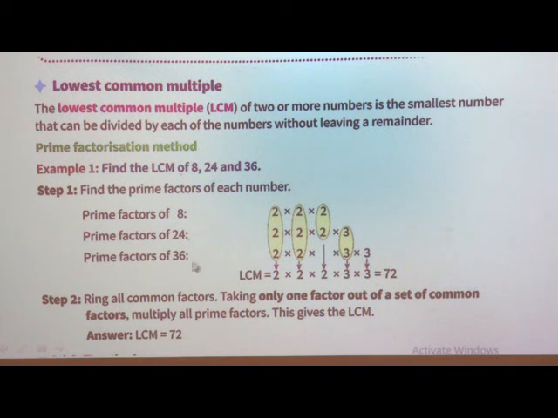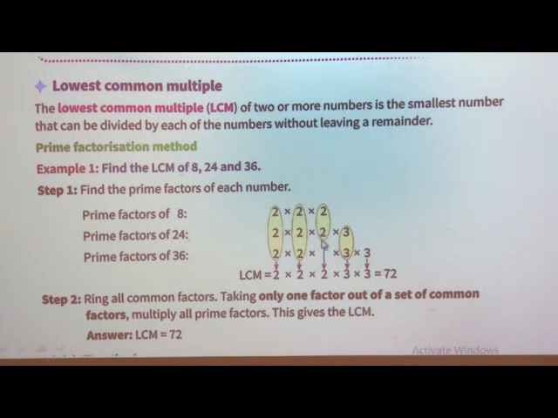Now here we have to find out what the common factors are. In the previous example also we had seen encircling them. Here we have 3 numbers. We have to find the LCM of 3 numbers. So we have 3 different sets of factors of those numbers. So here 2 is common. In each and every number we have to see whether the factors are common or not. Here 2 is there, in the second number also 2, and in the third number also we have 2. So this is common. Again another set of 2 is common.